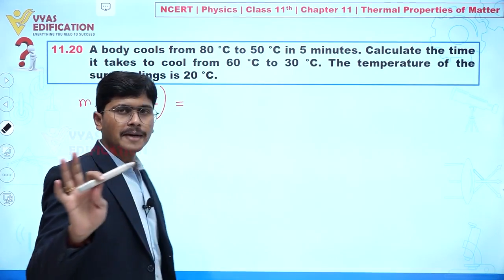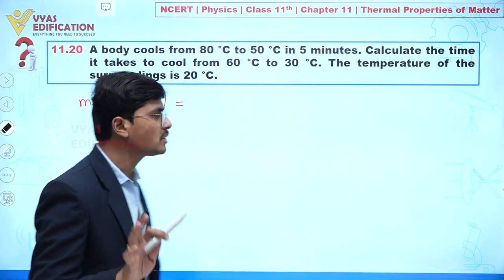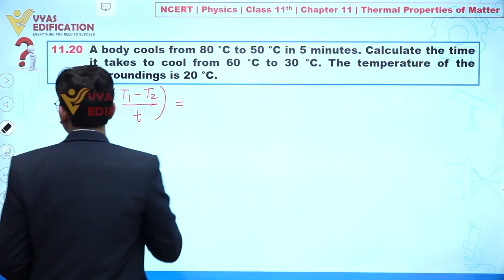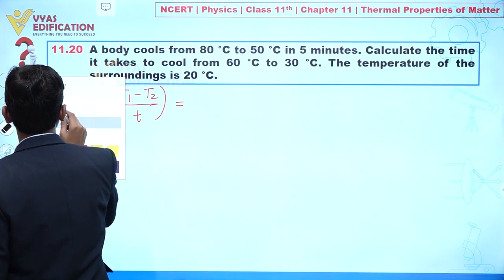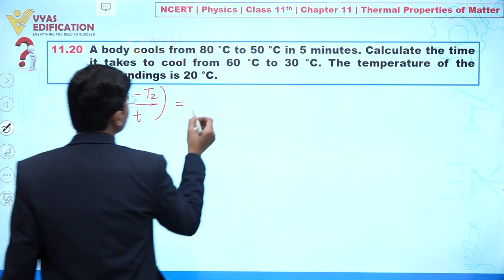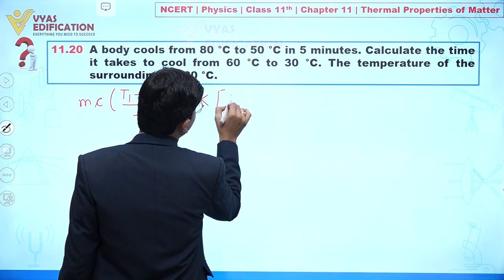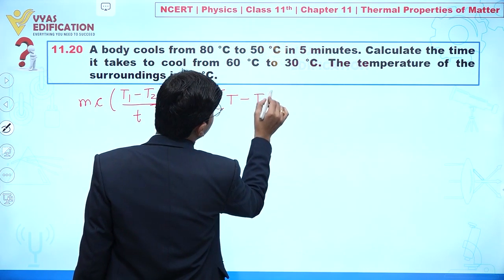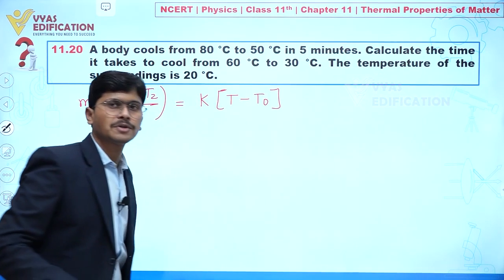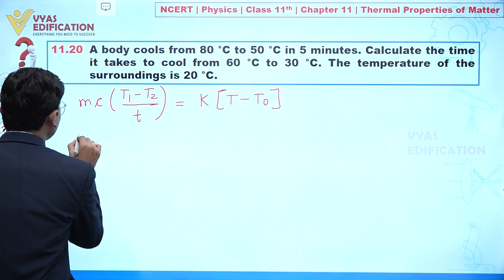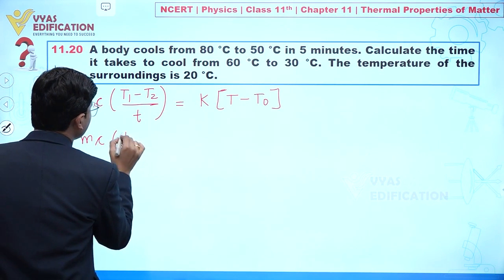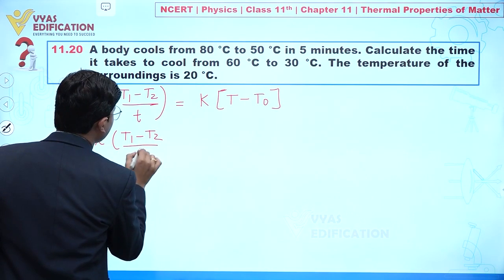Always keep in mind the concept of Newton's law of cooling. Newton's law of cooling says the rate of heat loss is directly proportional to the difference between the temperature of that body and the temperature of the surrounding. Clear? So from here you can say mc (T1 minus T2) divided by t